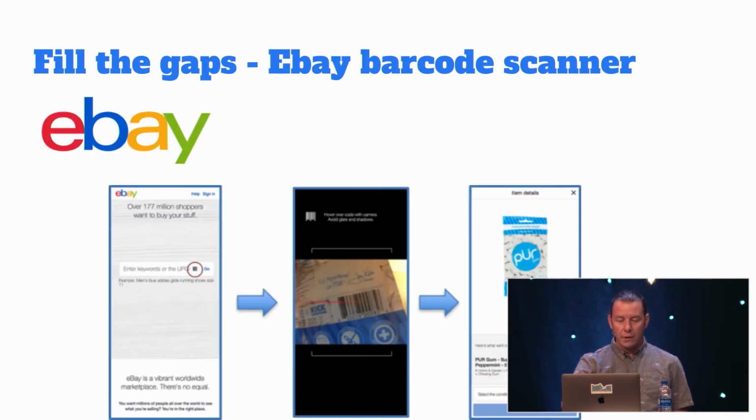And other than just porting giant code bases, you can find out where there's gaps in web technologies. So eBay used WebAssembly to create a barcode scanner in their app so that you could scan barcodes and quickly pull up products. That's a very niche feature that they wanted to have, and they were able to implement it using WebAssembly. And I'm imagining they were just using an existing barcode library. I'm sure they didn't write a new one.